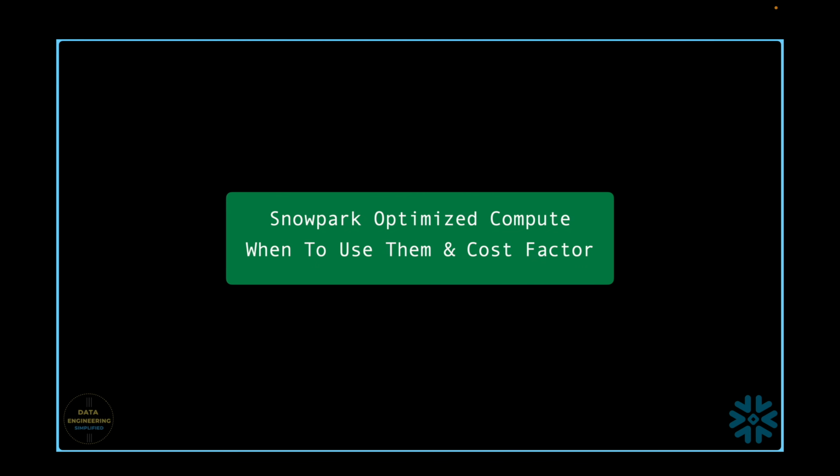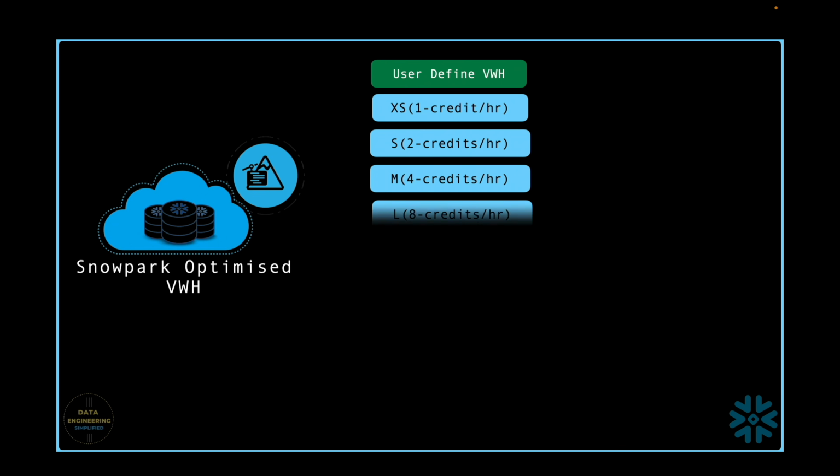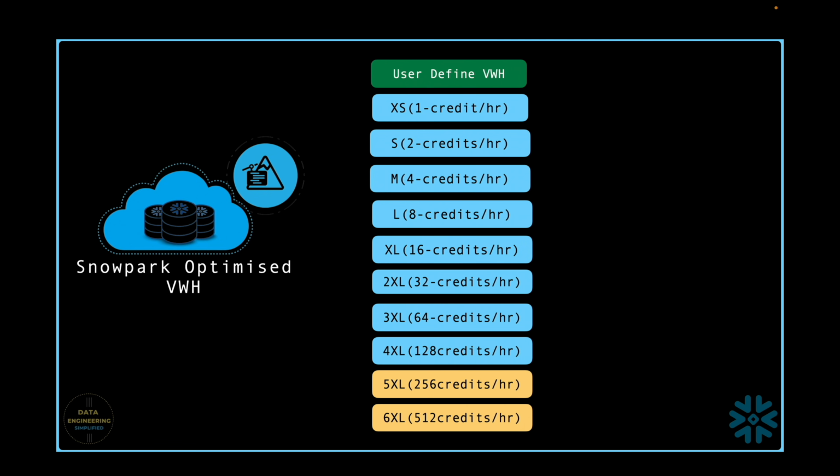Let's begin with Snowpark Optimized Virtual Warehouse. It is not a must to have a Snowpark Optimized Virtual Warehouse for your Snowpark workload. Your Snowpark program can run on a standard virtual warehouse too. However, if you want to run a machine learning workload that is written using Snowpark and is memory intensive, you can